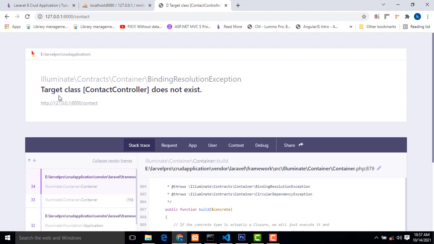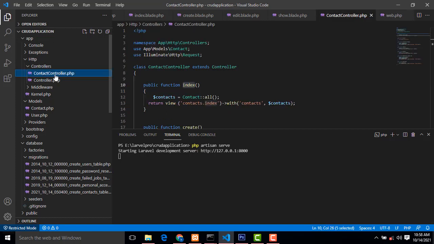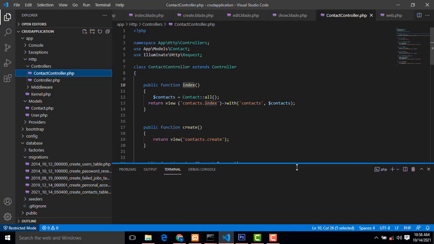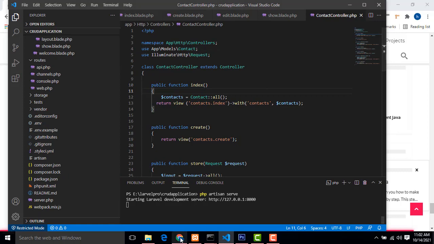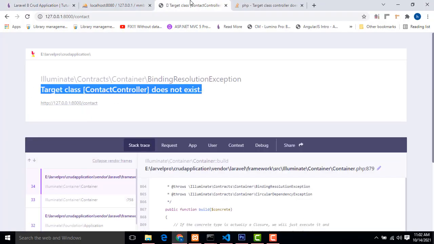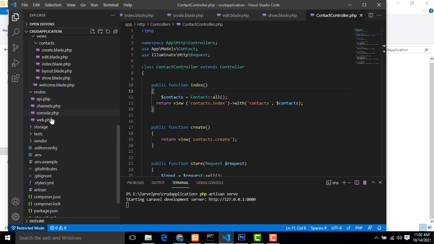Here the problem is: target class ContactController does not exist. What is the problem? The ContactController is there. The thing is we have to go to the route file.